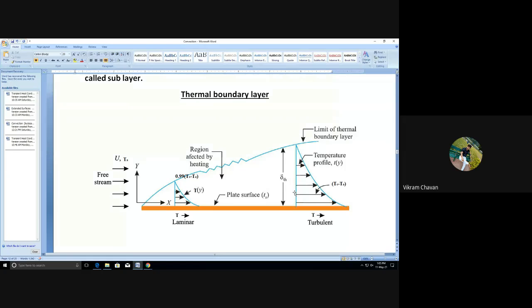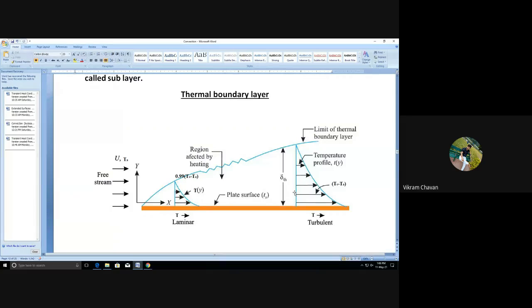In the last lecture, we discussed the hydrodynamic boundary layer, or velocity boundary layer, over a flat surface. We learned what is meant by boundary layer thickness, what the boundary region is, and what the inviscid region is. We also discussed the no slip boundary condition at the plate surface.